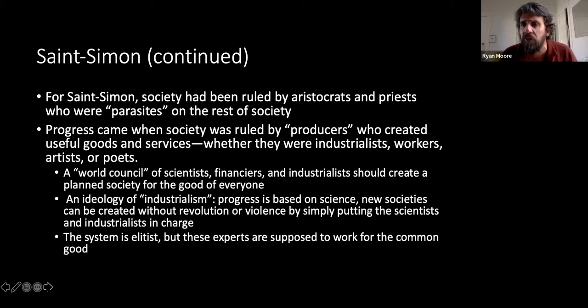Whereas Marx and Engels believe that change to a better society has to come from the bottom up, that it has to come from workers and the oppressed organizing and rising up and taking the lead in the revolution. You're never going to get a better world if it's imposed from the top down by science and experts and scientists and industrialists, and certainly not from bankers or Elon Musk.